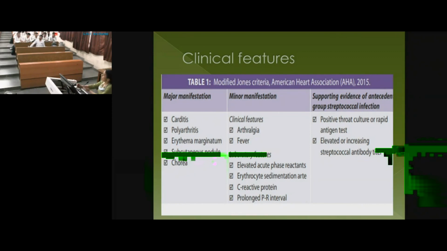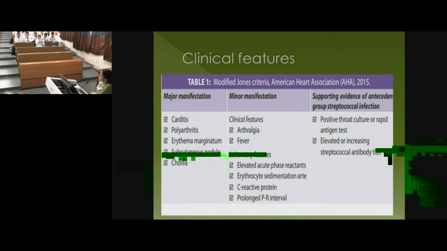Now you know what is a prolonged PR in an adult? Anyone? When do you say that's a first degree heart block? So what is a normal PR? It's 0.2 seconds. But when we talk of prolonged PR, in smaller children it's going to be less. So for a small child, it is more than 0.14, less than 5 years. 6 to 12 years is 0.16. Then beyond that only, adolescent age group, we take it to be more than 0.2.